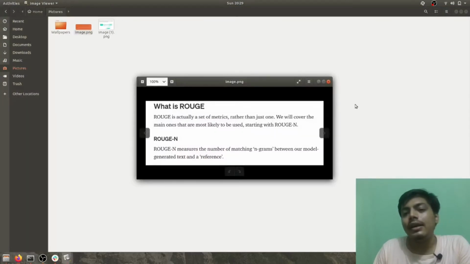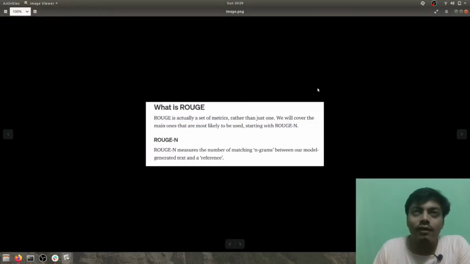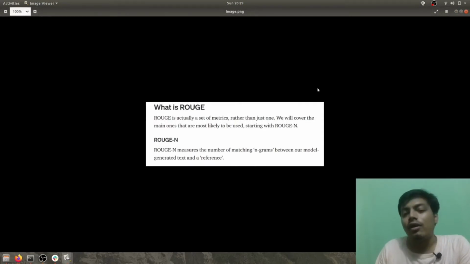ROUGE is a metric which is used these days for comparing models. It is not just one single metric, it's a set of metrics. Here n stands for the number of n-grams. Whenever it is ROUGE-n, it measures the number of matching n-grams between our model generated text and the reference.